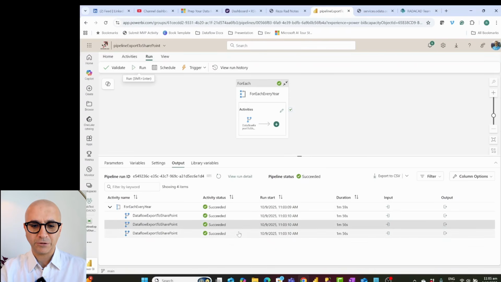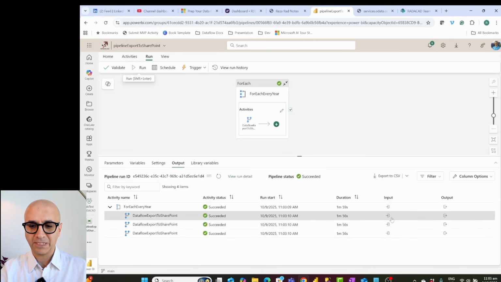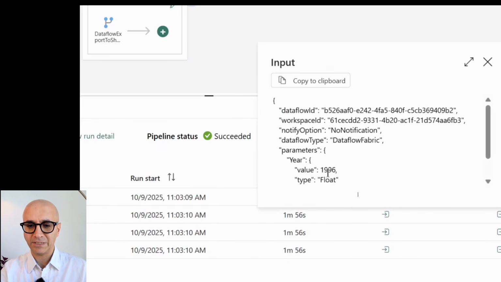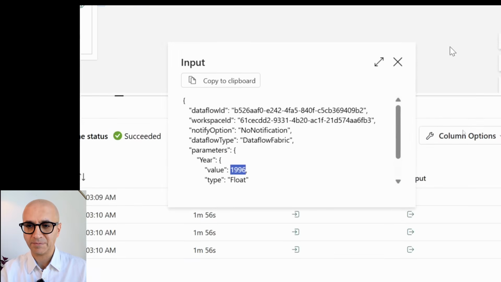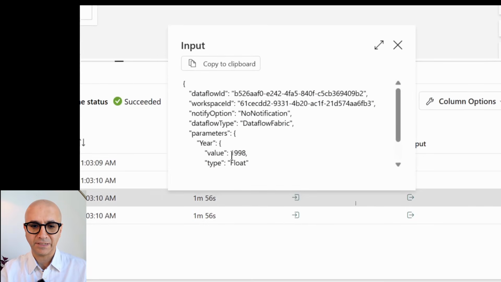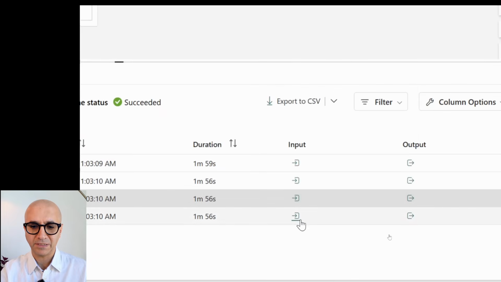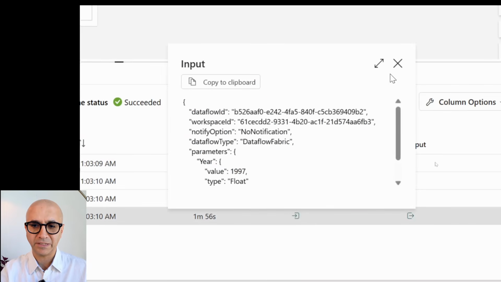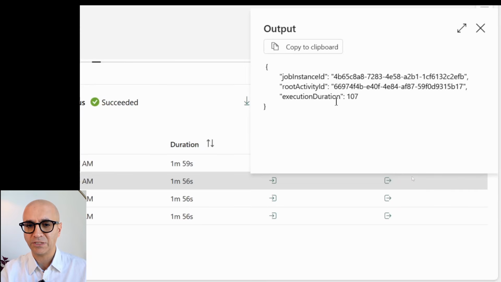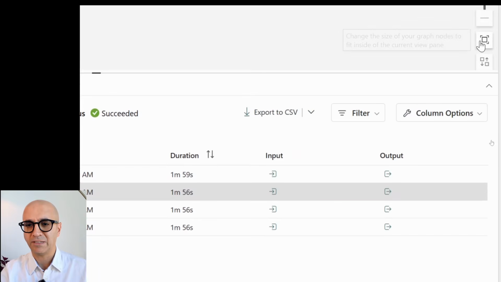Now before I show you the result, in order to understand it, I click on the input for each. Here, for example, you see that the value 1996 is passed. This, for example, is 1998 passed. They may not be in the right order in the monitoring. 1997 passed, and then it generated an output, which in this case just tells me the execution details,